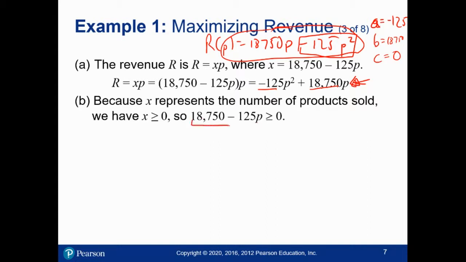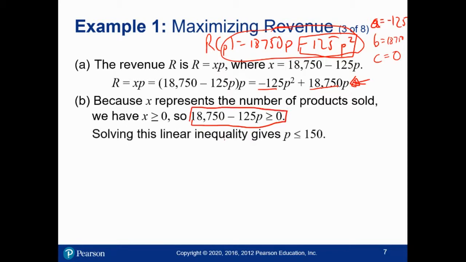Now remember, this was x. So I set x to be bigger than or equal to 0. If you then move the 125p over, you get 18,750 should be bigger than or equal to 125p. Divide by p, and you get p is less than or equal to 150. So if I charge more than $150, the number of units sold by the model would be negative, and that doesn't make any sense. So I'm going to cap the domain at 150 bucks, but I also